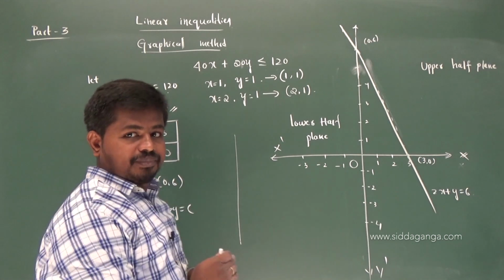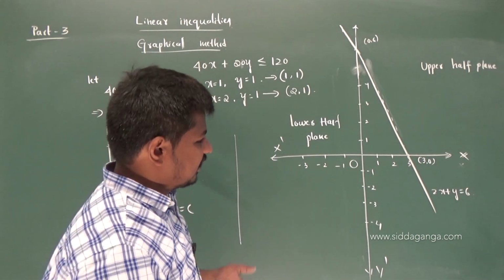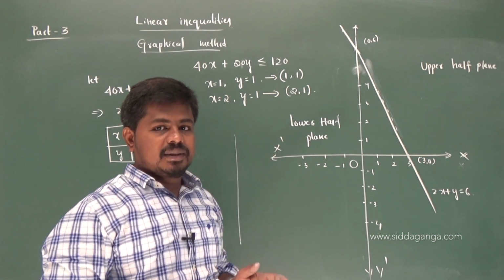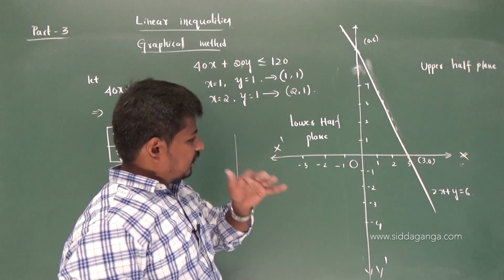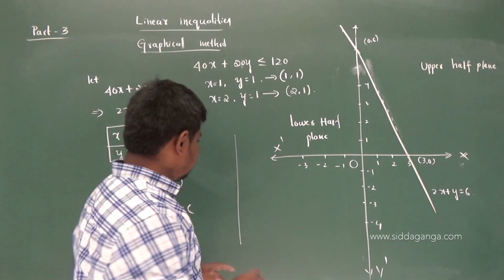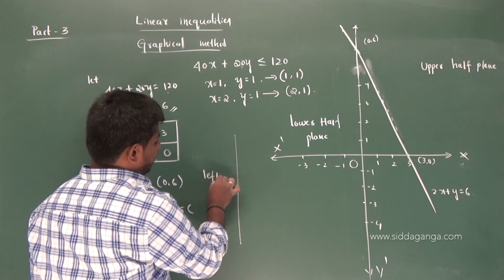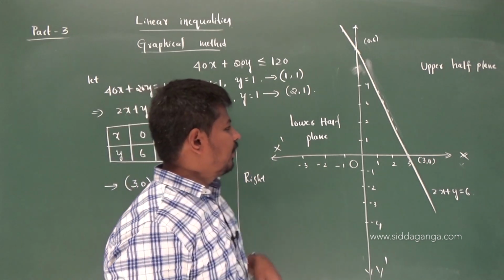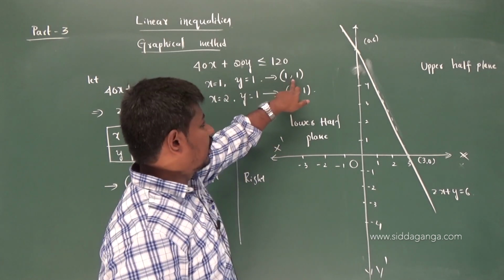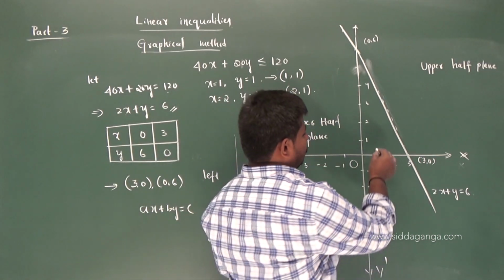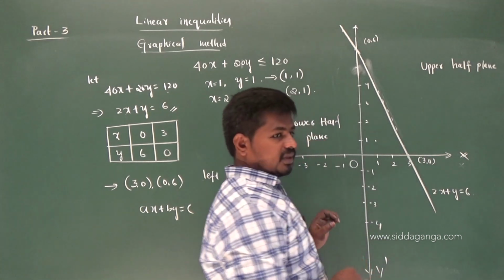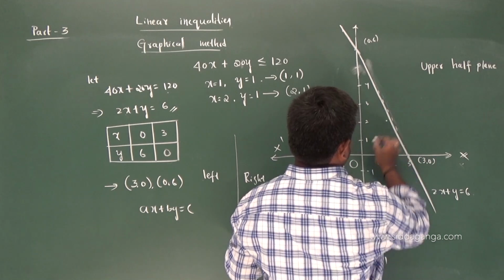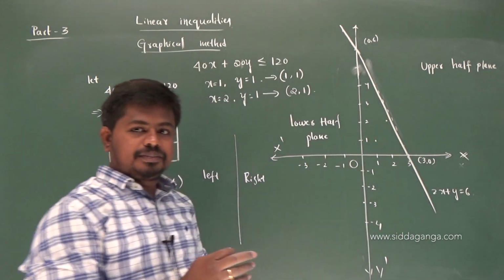If x is equal to a constant, it is a line parallel to the y axis. It divides the given plane into 2 parts: a left half plane and a right half plane. Okay. Now the solution region comes. For example, here 1 comma 1. So you may get 1 comma 1 here, right? In the same way, 2 comma 1 also comes in this region. So this might be the solution region.